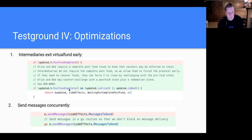We had a look with pen and paper at our virtual fund protocol, and we tried to trim some of the fat out of it. We tried to think what's really necessary and what just feels right, so we do it without thinking. One of the things we identified is that there's a certain step where Alice and Bob need to wait. It's very important for them to wait on certain information coming in from the other parties before they start sending payments. But the intermediaries don't need to wait because they don't have as much at stake, or not in quite the same way. So by making this one little change, basically checking if you're Alice or Bob,